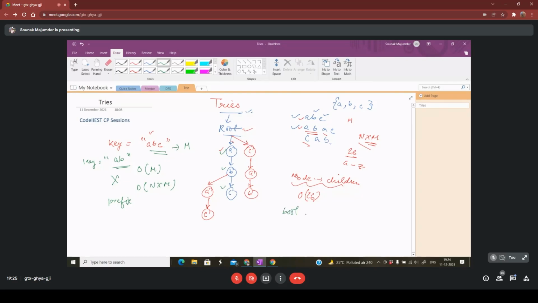So we can make a Boolean array, say is end, for each node, which is either true or false. If the string ends there, we can say that the string is actually present there.